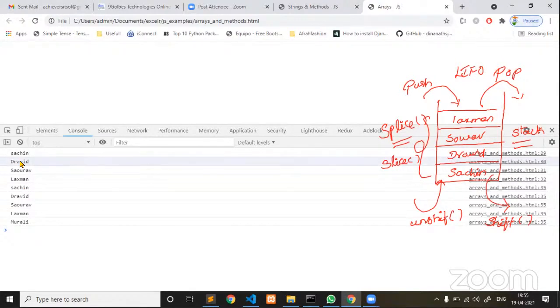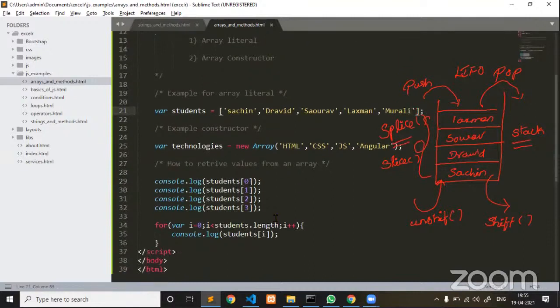Why? Because you have not referred to the 4th index. If you wanted to read a 5th value, you have to use array of 4th index. Every time a new value is added into our array, you have to keep adding one more line of code. So that is a wrong approach.